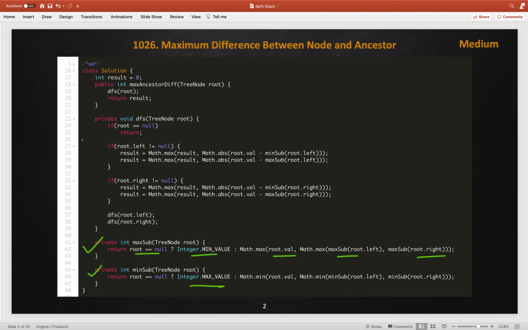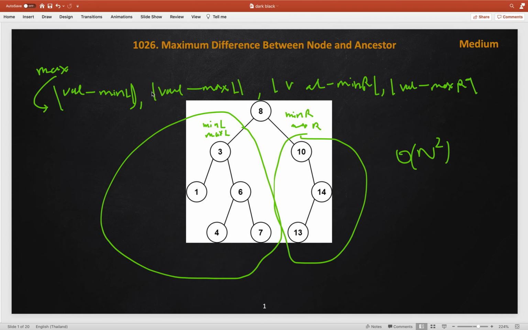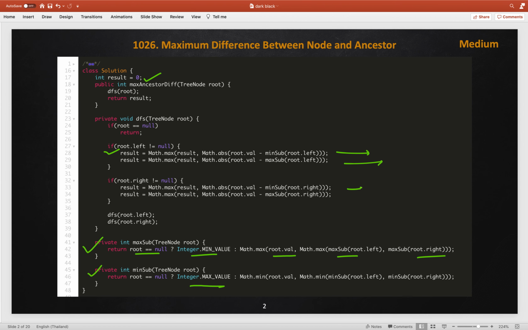Once we got this, now we need to iterate over all the nodes here. So this is the result value we initialize, and we will keep updating it to the maximum. Here we are checking if root.left, the left child exists, then only compute this. This is the first value among these four values, and this is second, and this is third, and this is fourth. So among all four we are taking the maximum into the result, and then we are calling the same method DFS for the left child and the right child. So with that we will go to the depth of all the nodes and try to cover them.